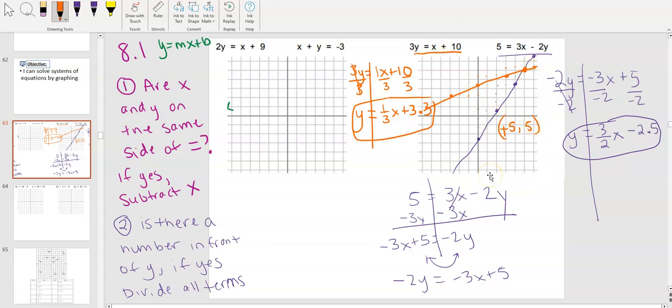And that is just a little refresher on how to translate these. You're asking yourself these 2 questions every time. If you would